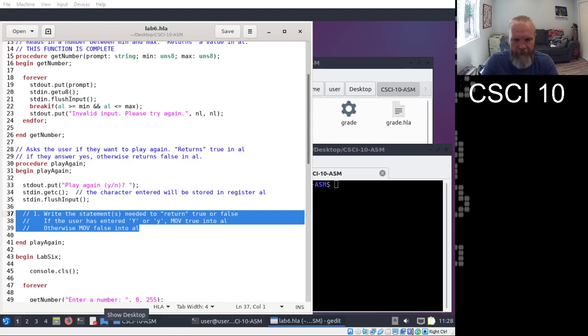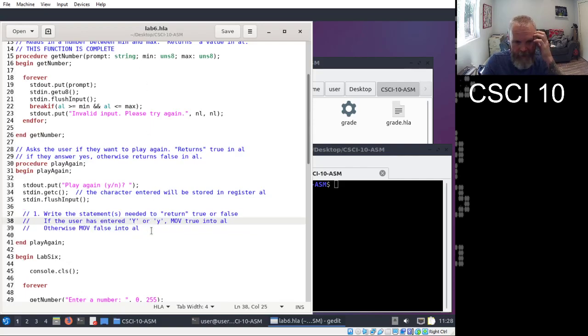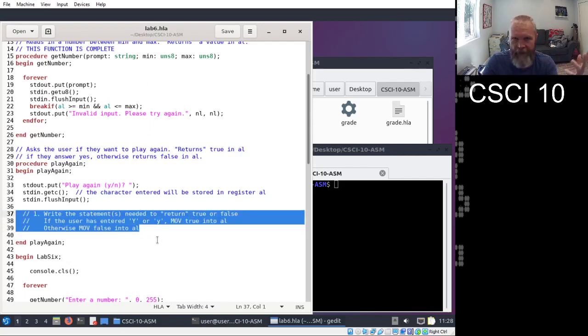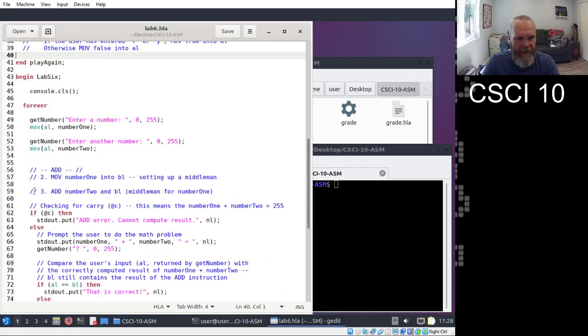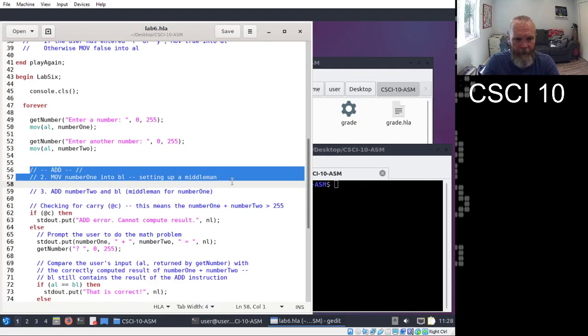Hold on, I messed up my little setup here. Okay, that's what I want. So there's the first element, which I won't do, but that one you've done before. All right, here's the second element. Now I'm going to do add and then show you the kinds of experiments that you might consider running so that you get a feel for it.